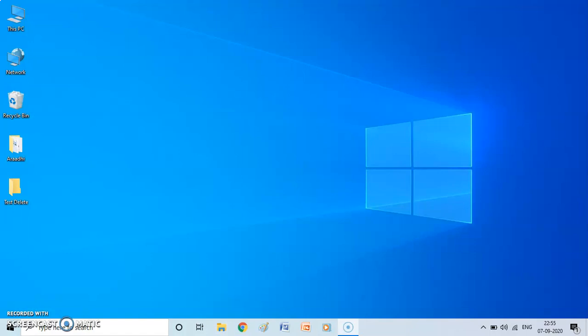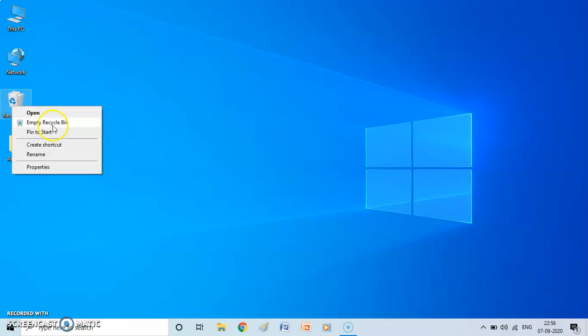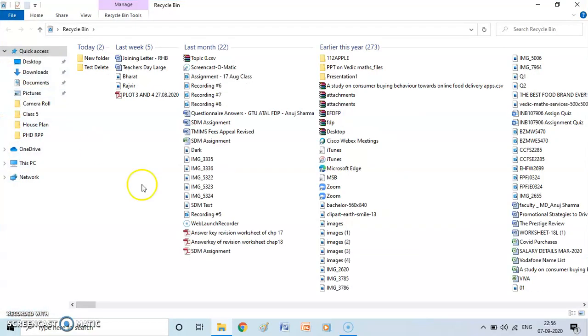When we delete some files or folders from the hard disk, Windows places them in the recycle bin. They remain in the recycle bin till they are permanently deleted by us by clicking on the empty recycle bin option. Now if I want to permanently delete this, there are two options for me. First option is that I can right click on recycle bin and click empty recycle bin. If I empty the recycle bin, it will clear all my trash. But suppose I do not want to empty my entire trash. I just want to permanently delete this file. So for this, I will click on this and I will again click delete.